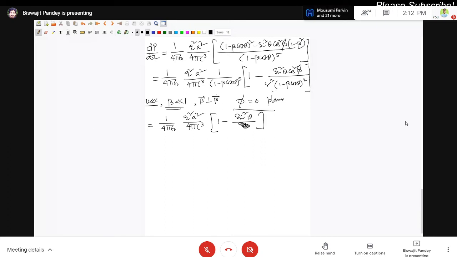Gamma will be 1, and this will be again negligible, beta cos theta, because beta is much less than 1, so we have 1 minus sine square theta. So this gives us 1 by 4 pi epsilon 0 q square a square by 4 pi c cube cos